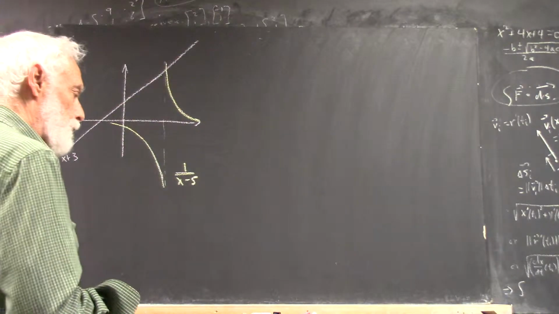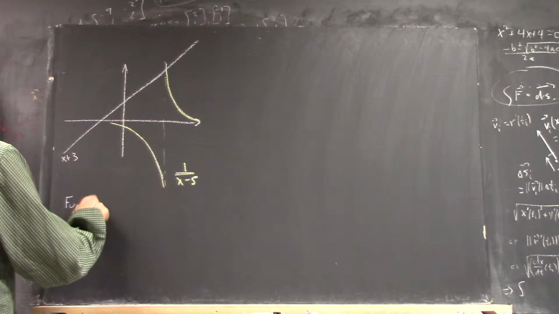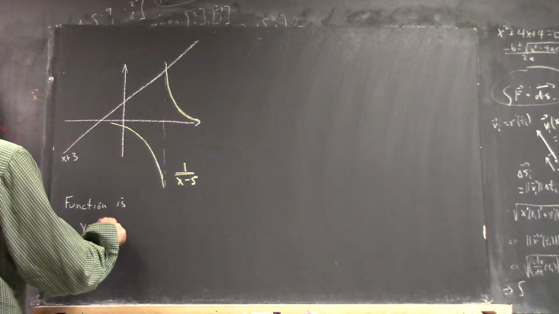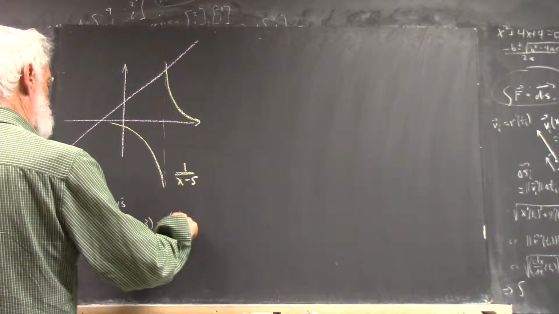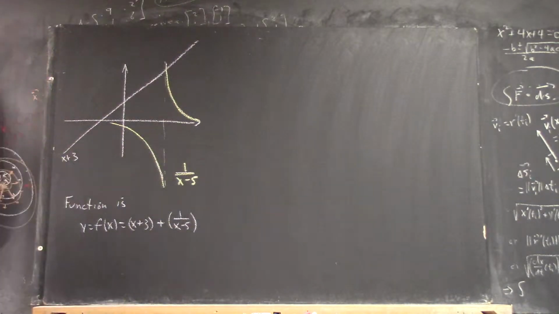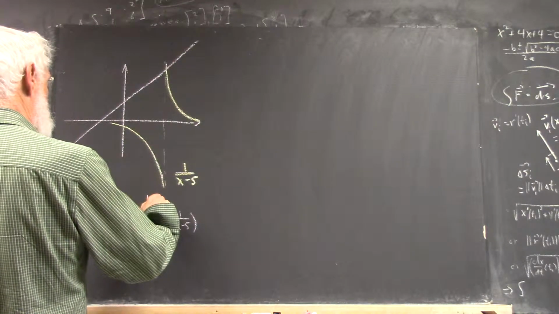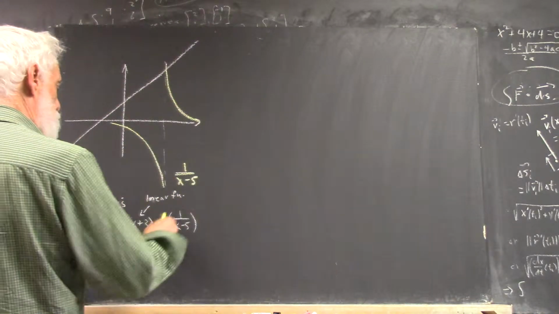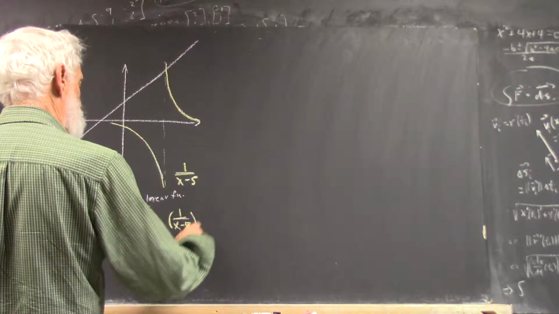So we want to draw the graph like this. Now let's just get a little language here. This is a linear function. And this, we'll go ahead and make it all yellow, is your